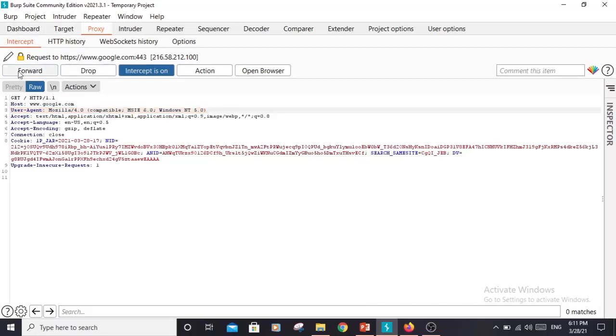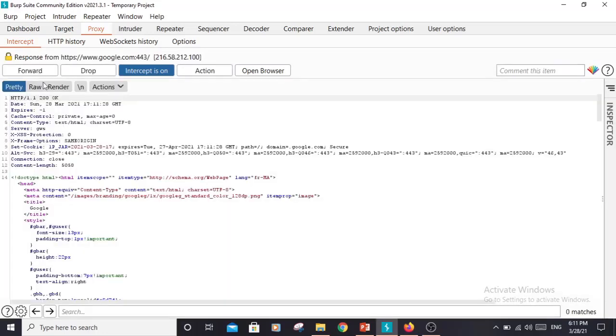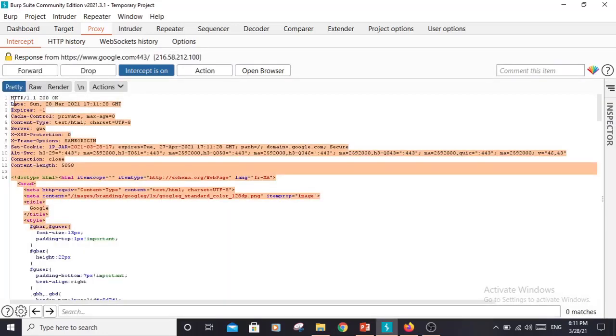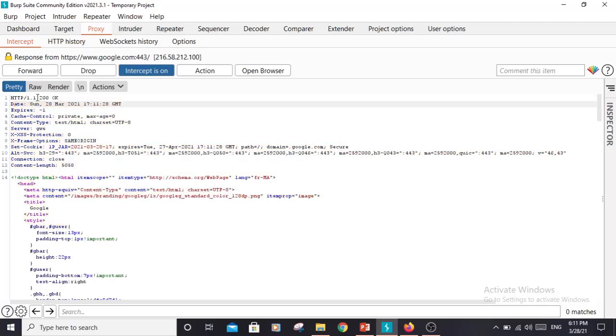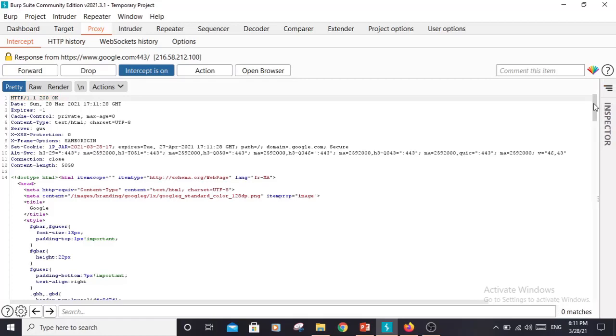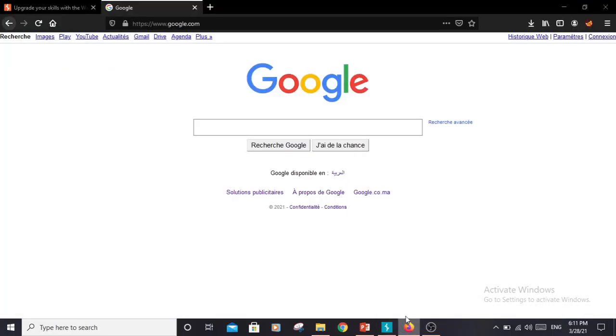Now if you want to forward the request to the server, you can press Forward. If you want to drop and discard the request, you just need to click on Drop. I'm going to forward the request, and now we have the response coming back from the server, which is using HTTP version 1.1, and it's a 200 status, OK, meaning the requested resource was found and everything went okay, no errors. You just need to forward it back to the web browser, and we have the home page of Google loaded